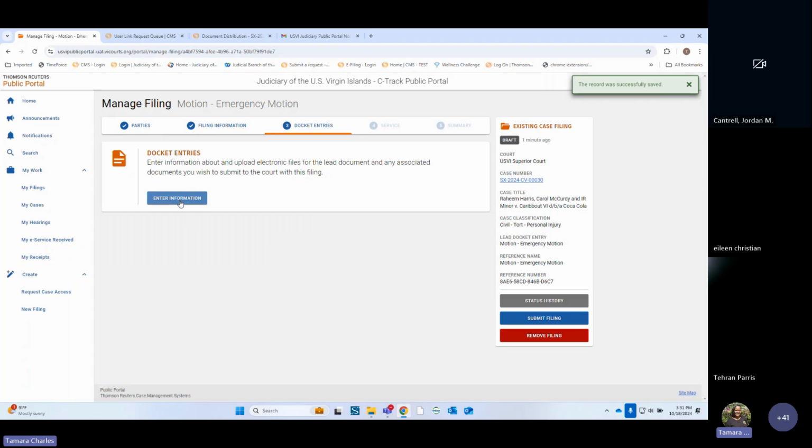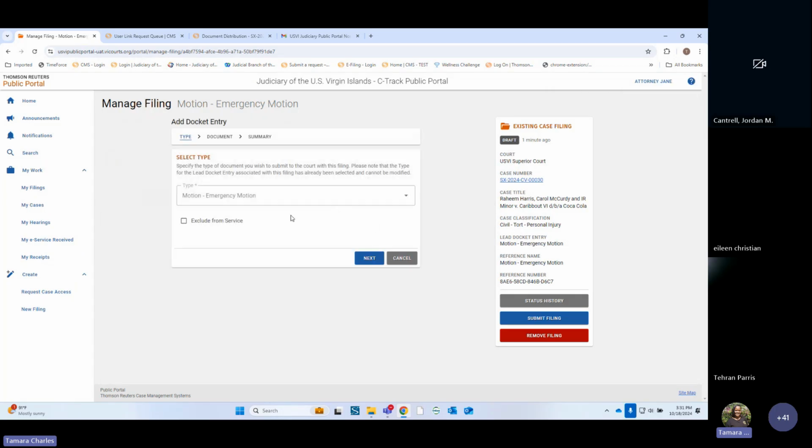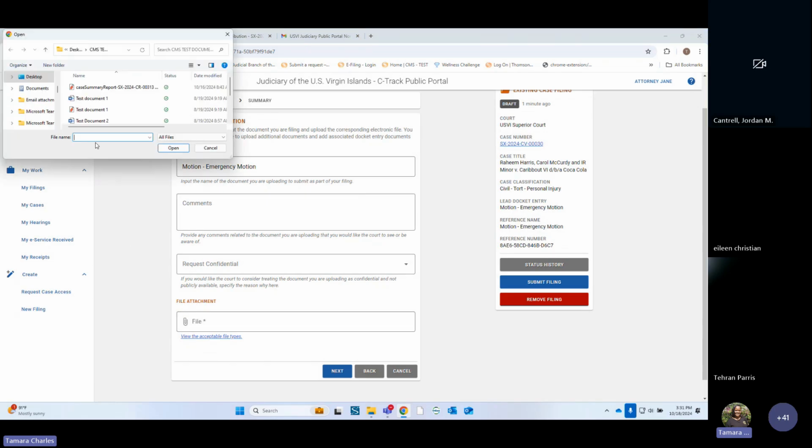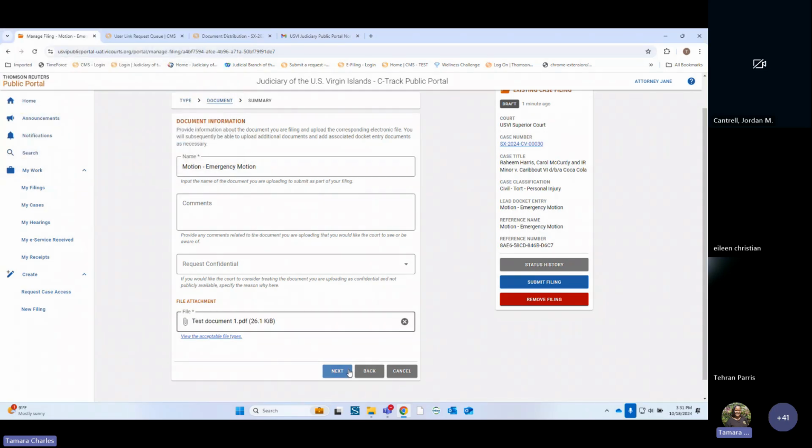When you continue, this is where you're going to actually add your docket entry. So it's a little different. The little pop-ups are a little different. The way that you're sliding through the screens is a little different, but it's the same thing. So if I wanted to do a specific motion and I wanted to attach my file, I could do that. If I want to put a comment in here, I can. And then,